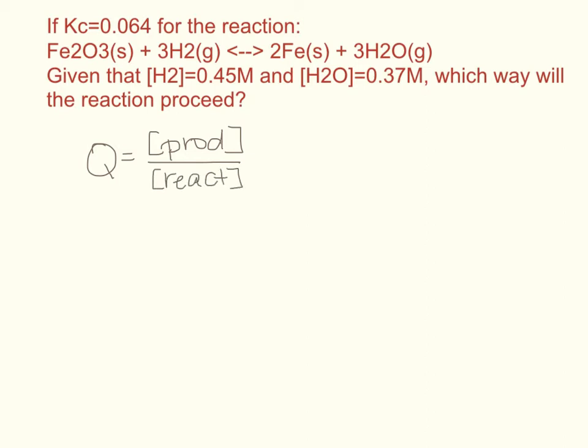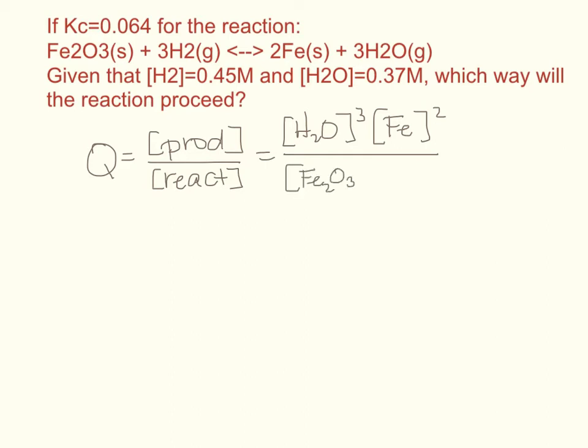The only difference is that when we're dealing with KEQ, it's going to be the concentration of our products at equilibrium and our reactants at equilibrium, and when we're using Q, it's going to be our concentrations of our products and reactants initially. So we're going to plug in the information that we've been given. First we're going to set it up. So we're going to have our water, H2O, cubed times Fe squared divided by Fe2O3 times H2